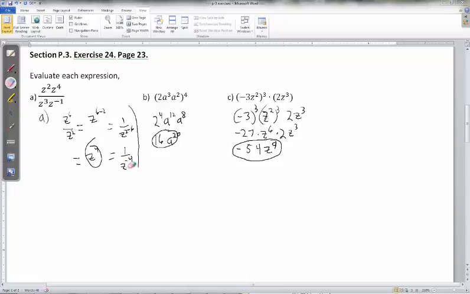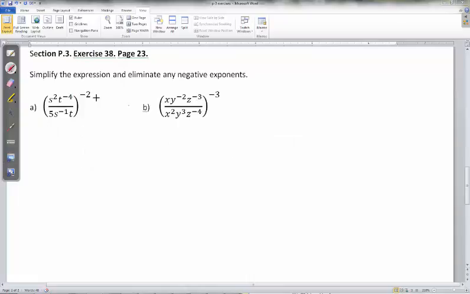Let's hit the next one. I think this will be the last example of the video. We have 2 parts to this problem 38 on page 23. In both parts, we have a fraction raised to an exponent. So I certainly can distribute the exponent through to everything first. But honestly, I did that in the last problem,